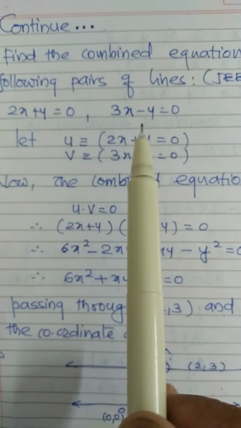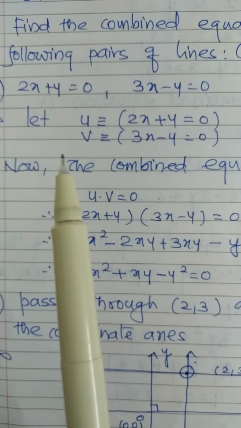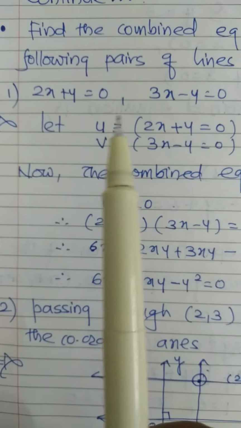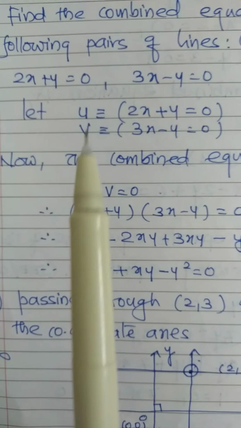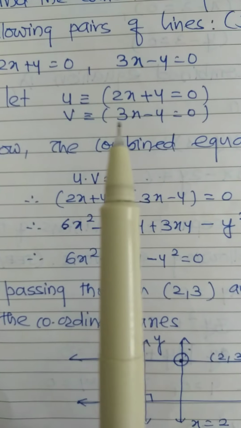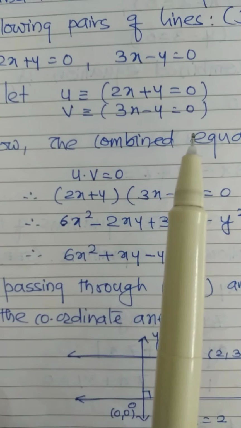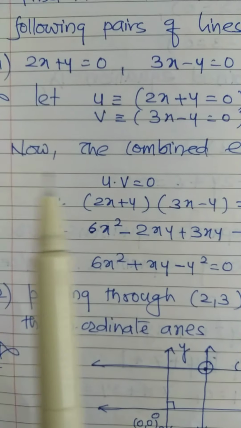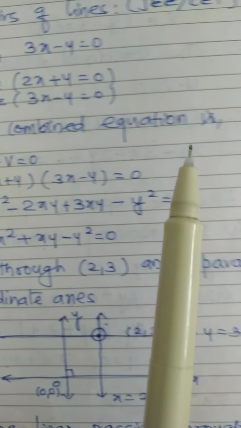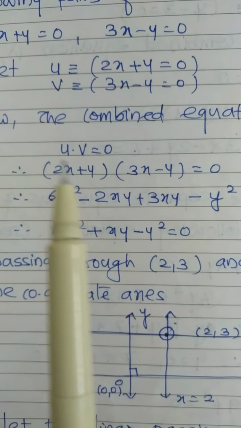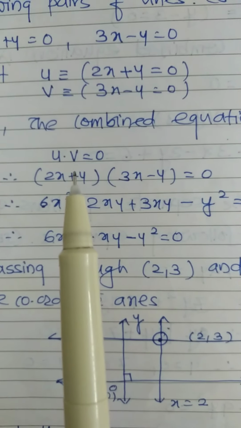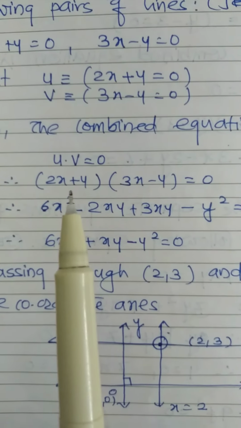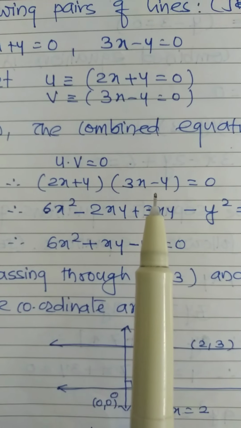Now lines are given, so we have to calculate the combined equation. The first one is 2x plus y equals 0 and 3x minus y equals 0. You can consider these two lines, u representing the first line and v the second line. Now we have to calculate the combined equation of this pair of straight lines. As you know, the locus u into v equals 0 is the combined equation. So you have to put the value of u, 2x plus y,